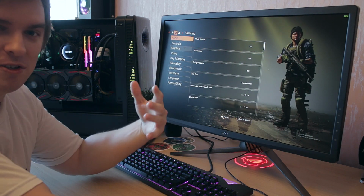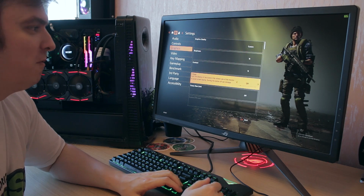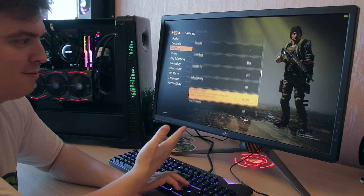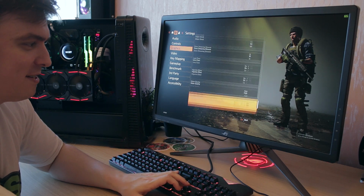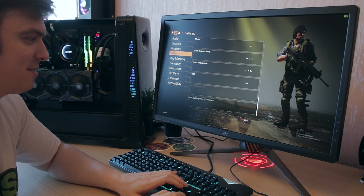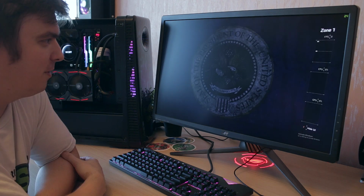I mean, lower the resolution like I showed in Apex and in Fortnite, so you could actually get a little bit better performance by doing all kinds of different things, right? But for today, we're just gonna be running everything on the maximum settings at maximum detail, right? And we're gonna be using 2560 times 1440p resolution, which should be a pretty good benchmark for this type of video card on our Core i5. So I'm gonna be running the benchmark here, and let's see how it fares. All right,